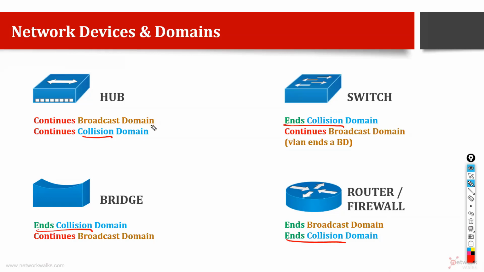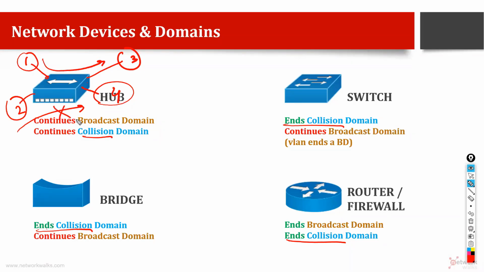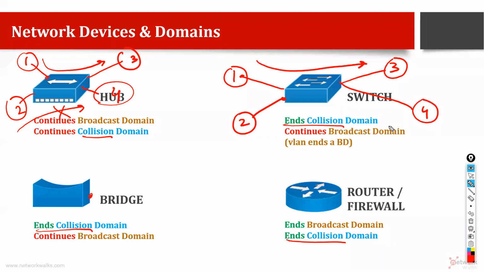The only device which is incapable, which is very, very old, is the hub, which means that in practical terms, if we have computer number 1, computer 2, computer 3, and computer 4, all four connected with this hub, if one is talking to number 3, then at the same time 2 cannot talk to 4 or 2 cannot talk to 3. But if we have a bridge or a switch, let's say we have the same 4 computers connected with the switch, number 1, 2, 3, and 4, one can talk to 3 and 2 can talk to 4 at the same time.